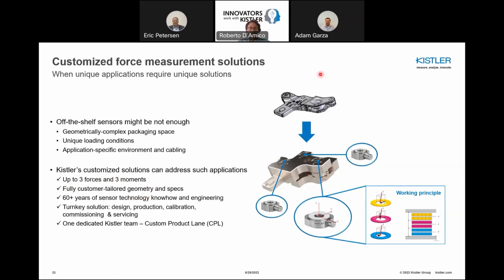So like you see here, you see a picture of the initial component, which then gets transformed into a replacement, embedding 3 force sensors in there. And all this comes with 60 plus years of experience in sensor engineering. So Kistler has had force product lines for more than 60 years. And really, when we develop this project, you clearly see the long know-how in this area. And all this comes as a turnkey solution, starting with the design, production, calibration, which is